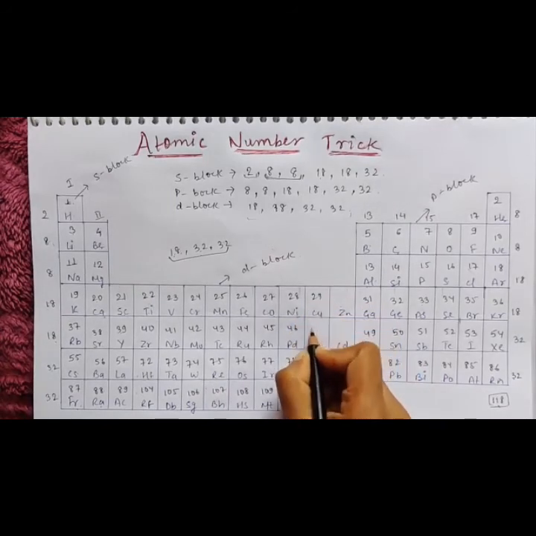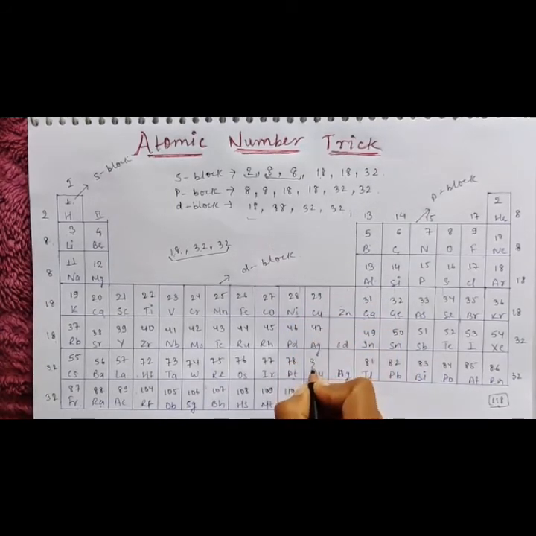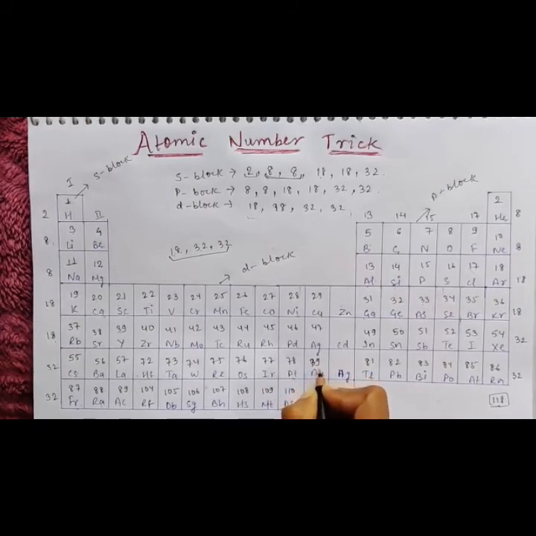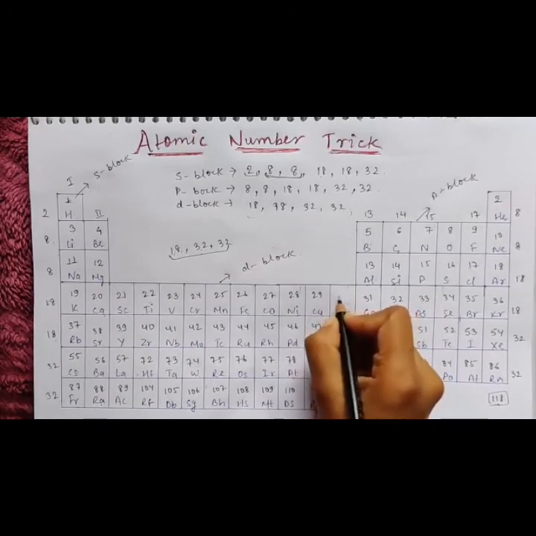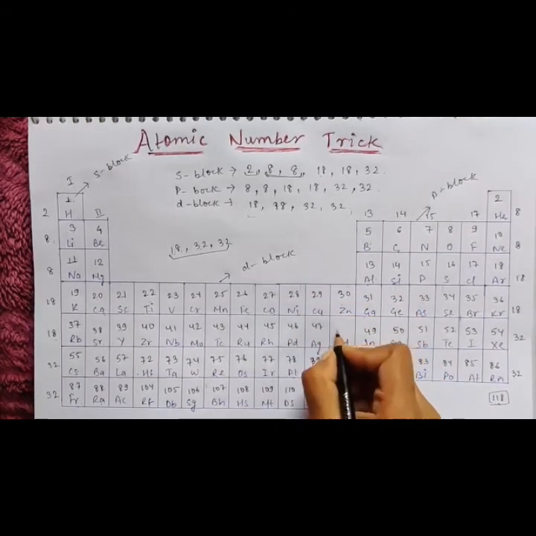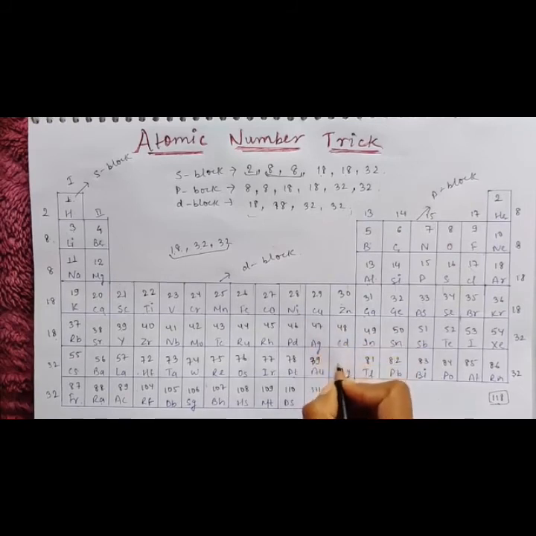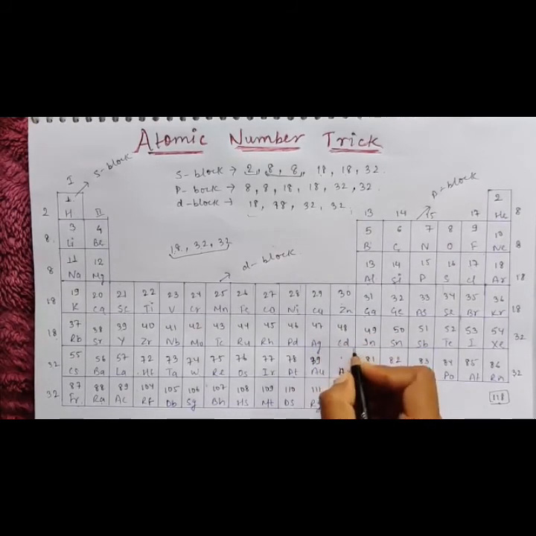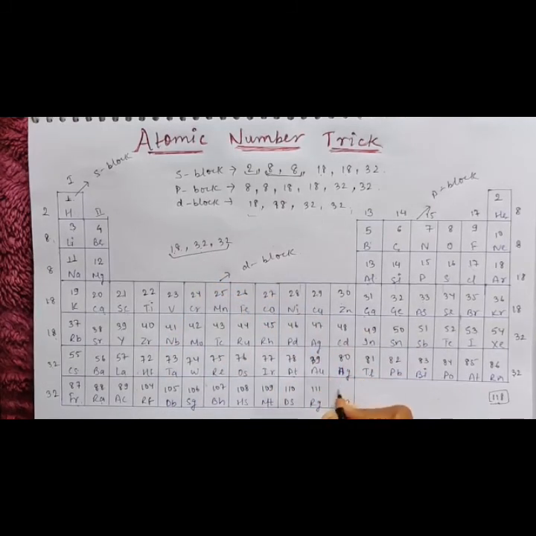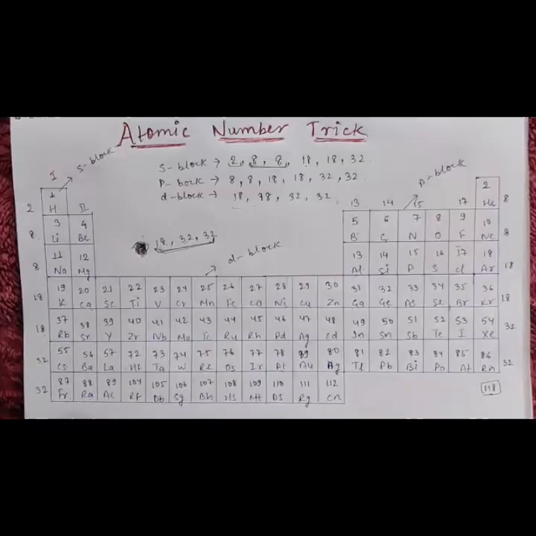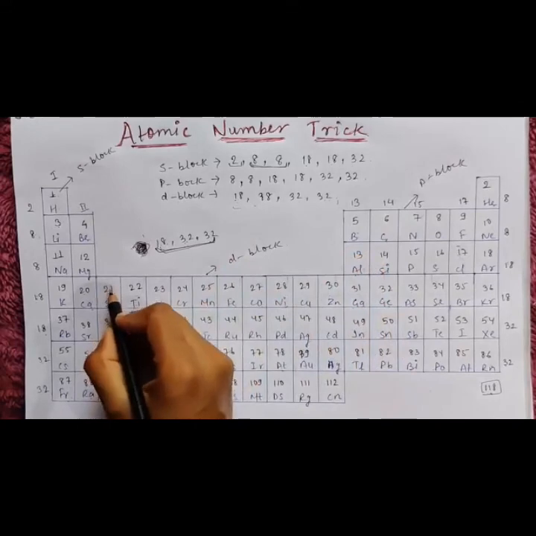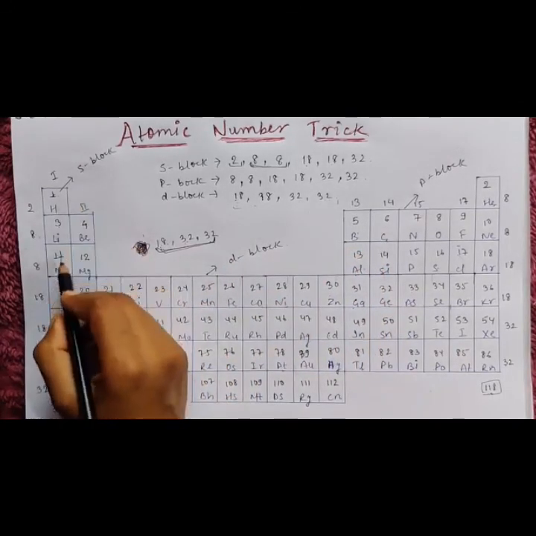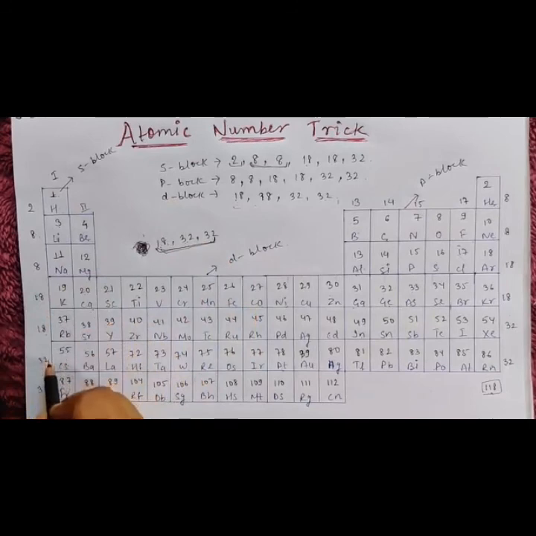Suppose 3D2, D2, 2 plus the 2 extra, 2 plus 2, 4. So 4B, because D is all in the B groups only. So anyway, 3A అనేది P బ్లాక్ లోకి ఉంటే, బట్ 3B అనేది D బ్లాక్ లో ఉంటుంది. అలా సేమ్ 3B 4B 5B 6B 7B 8B and 1B 2B is also D బ్లాక్ ఎలిమెంట్స్.